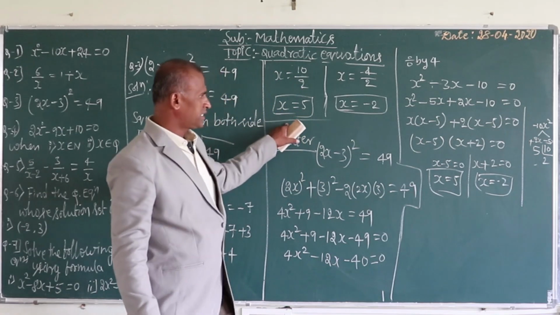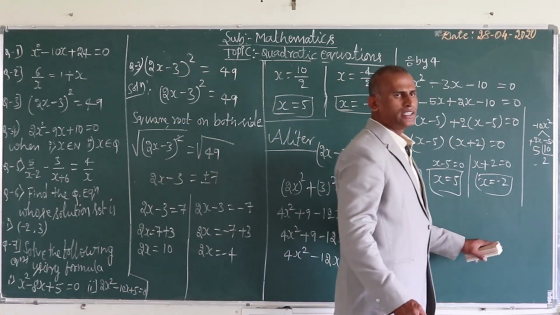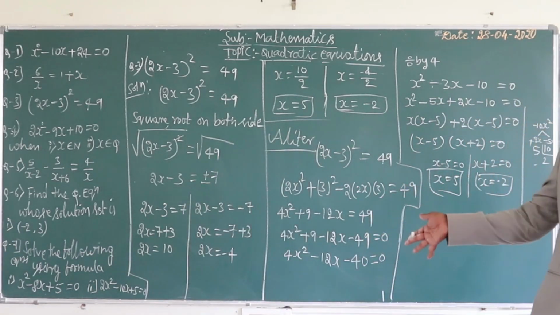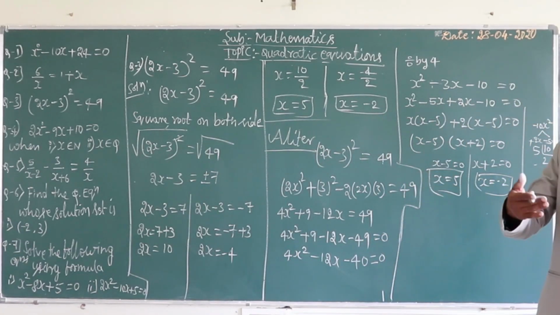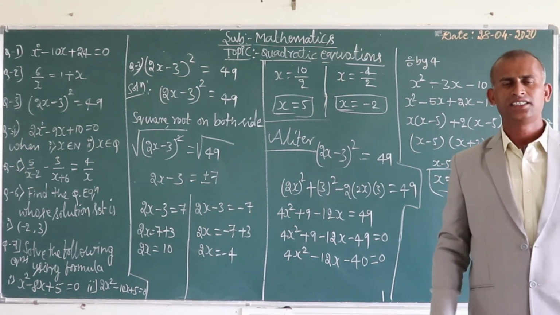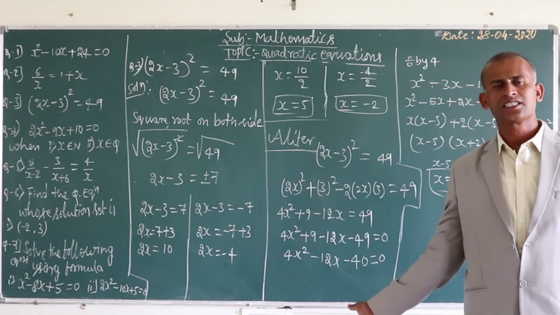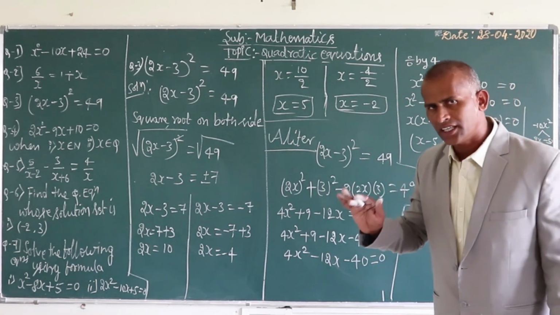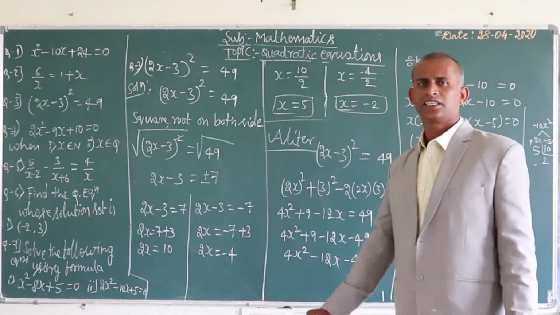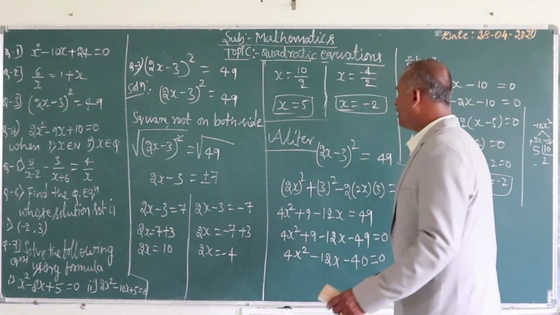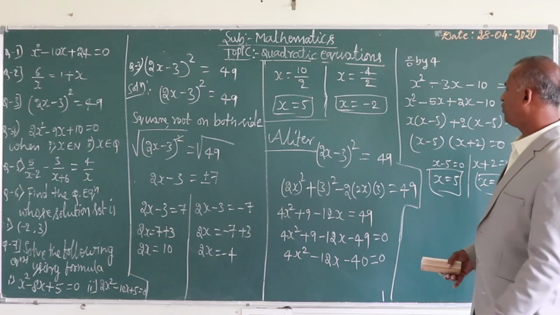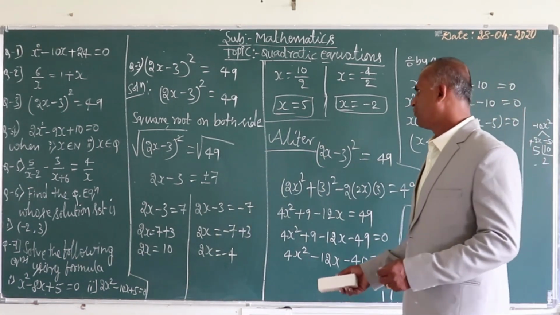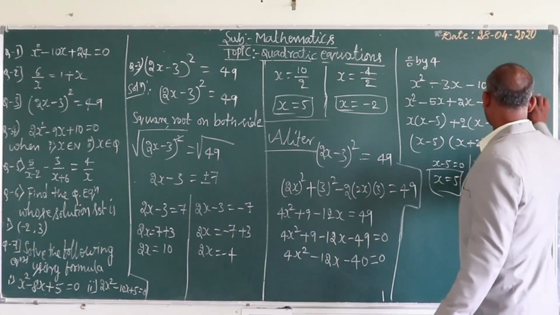That answer and this answer, you just have to compare both, it will be the same. Some sums, even if you solve them by the formula method, will also come with the same answer. If you use the graphical method, which requires a graph, it will also come with the same answer. Now we can go for question number 4. Understood now?